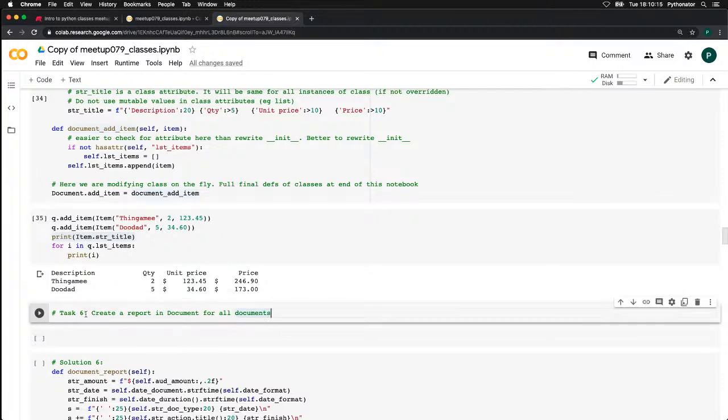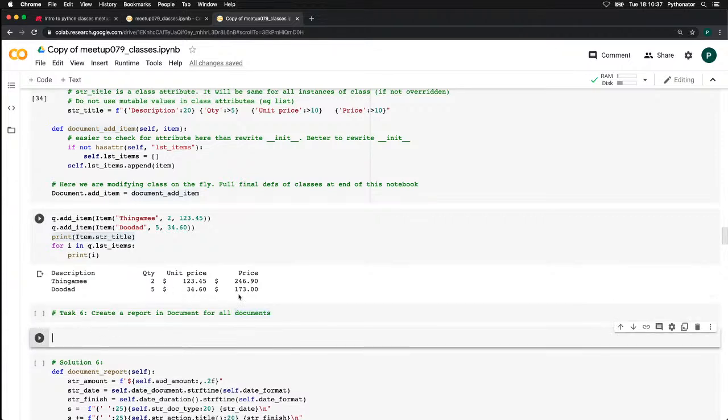Okay, so task 6. Now I want to create a report in document for all the documents. What I mean by this is we've got our string function, but it just gives us a summary on one line of the document that we're talking about. But really, we want to be printing out quotes, sales invoices, sales orders, or invoices, which is going to have all the information. So